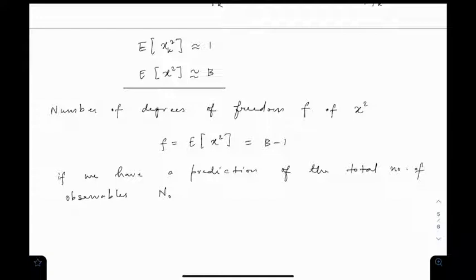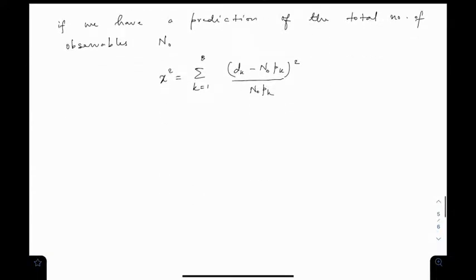And we basically have to make the replacement in the chi-square expression, and in this case the number of degrees of freedom, which is the expectation of chi-square,